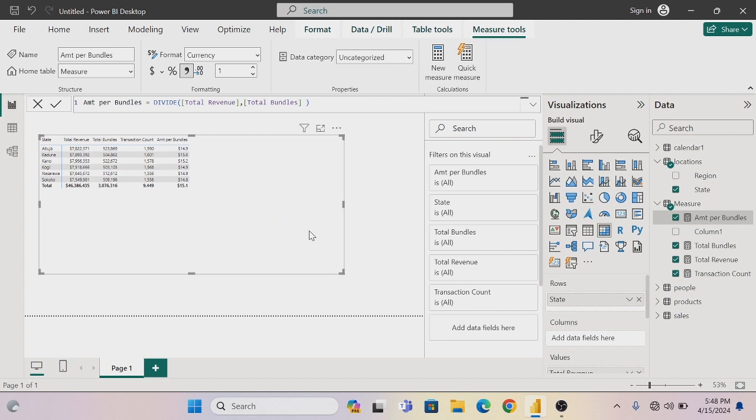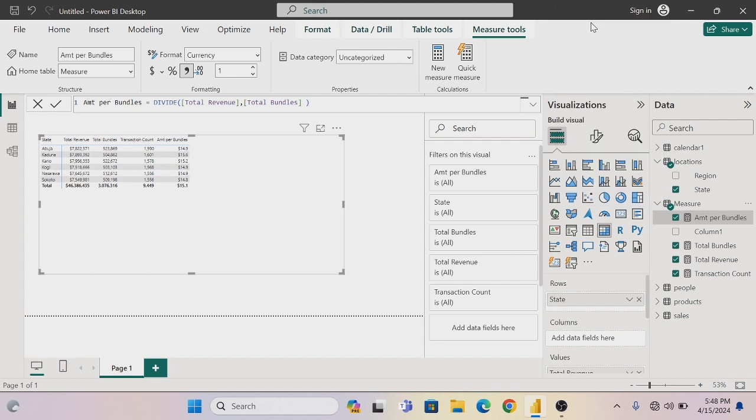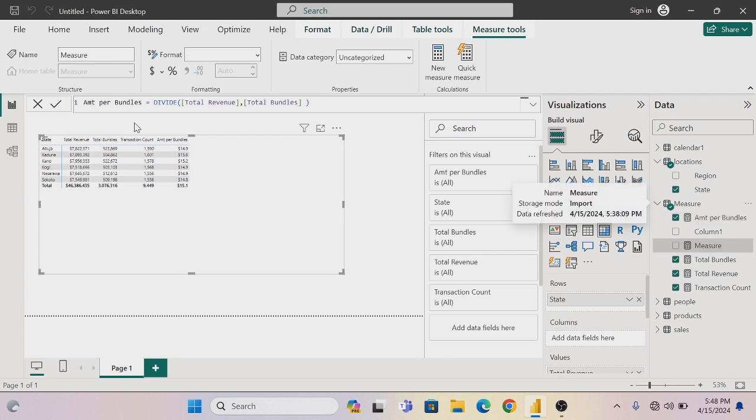So next, let's get our amount per transaction. Amount per transaction. So let's get that. Right click, new measure. These are amount per transaction. We're creating it. And the formula for this, we want to just divide our total revenue divided by